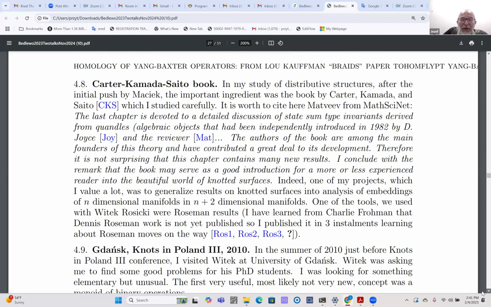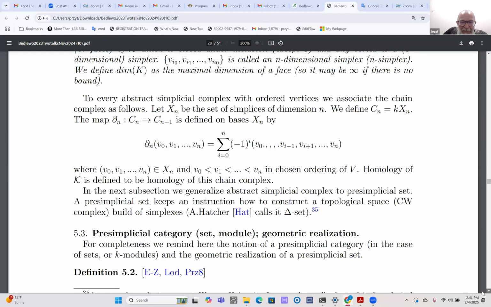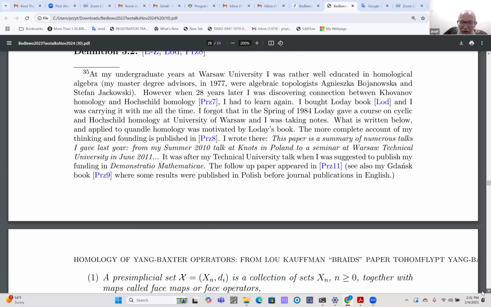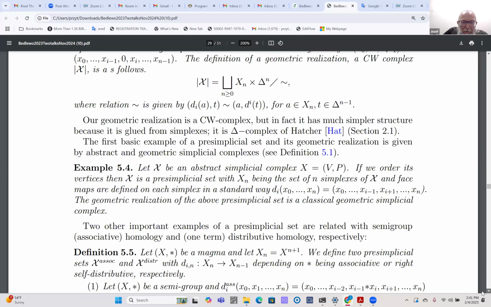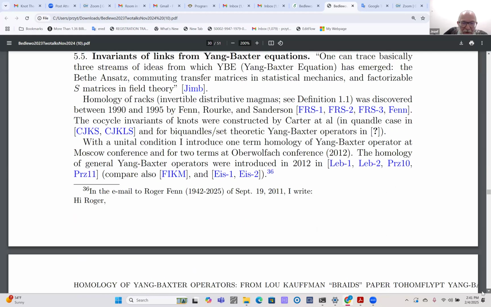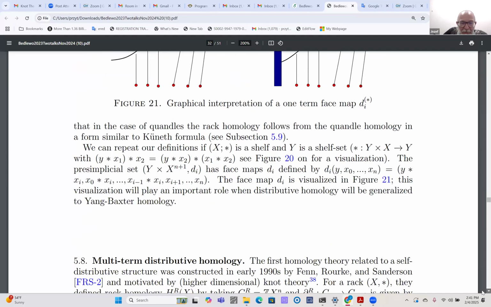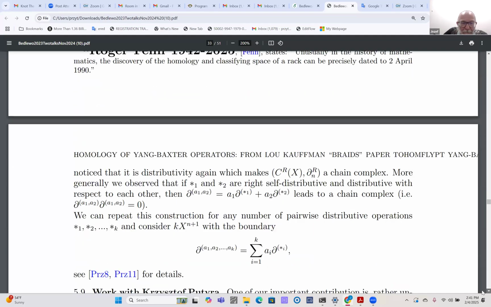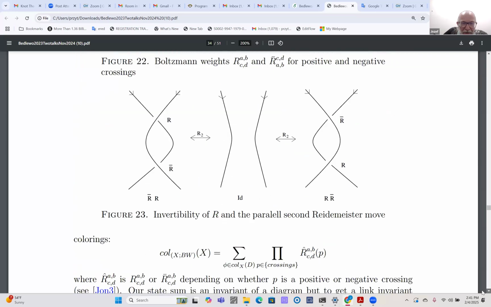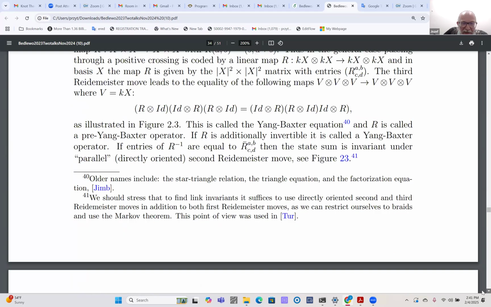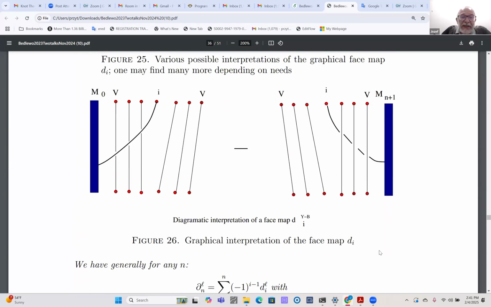Gdańsk, you see, was here. Homology theory, then there will be this approach to Yang-Baxter homology. I will show just one picture showing that the definition is really on the picture. Picture will come very soon. Not yet, but almost here. Similar picture. Maybe I lost the picture. Maybe this picture, but I prefer this picture. So you see,